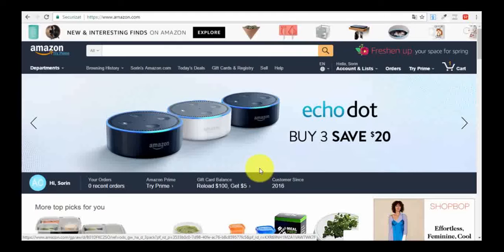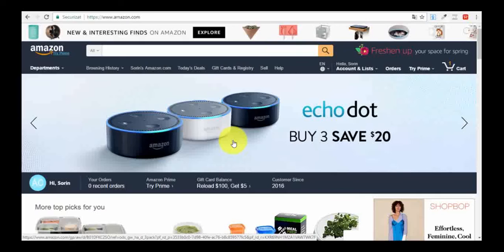Basically, on Amazon you can become a seller. It's very easy to become a seller. You have to pay a monthly fee of $49, but after you become a seller, the first month is free. So don't worry about that. You don't have to pay the $49 from the beginning. It's free the first month, so you have like a trial period. Afterwards, it's $49 per month. It's not a big deal. If you have multiple listings and you start to sell, it's not a big deal at all.